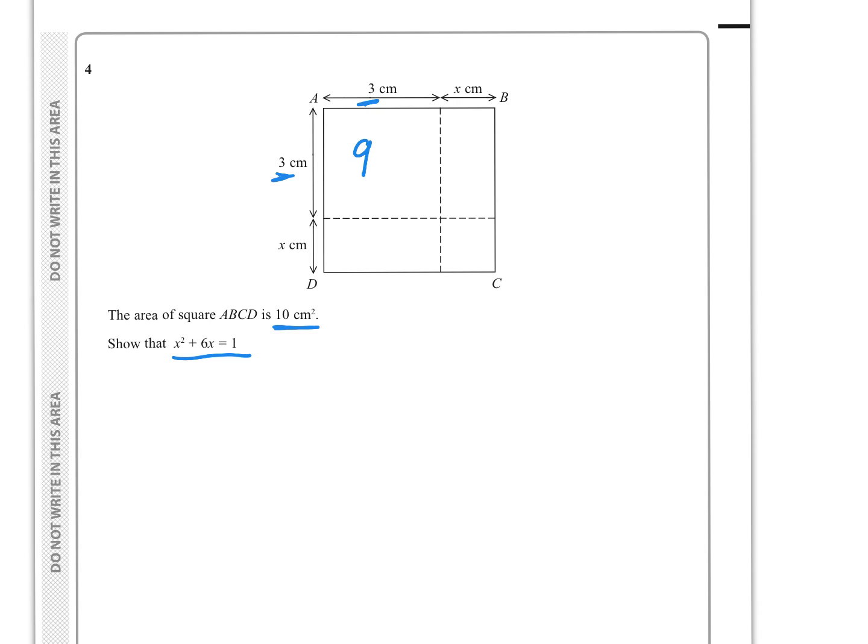This next area, this one here, will be 3 by x, which is 3x. This part here will be the same because it measures x by 3, or 3 by x, which is 3x. And then this last part here is the square itself, which is x by x, which is x squared. So the total area that we've got on the diagram is x squared